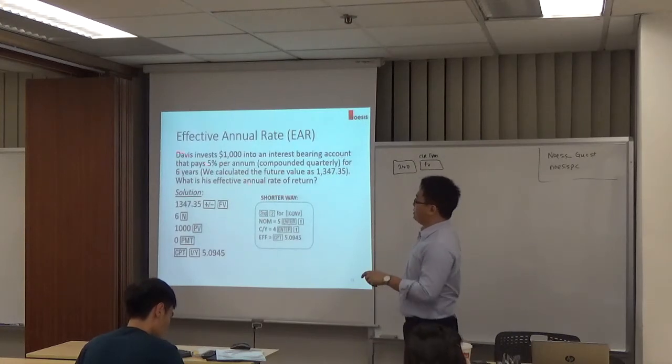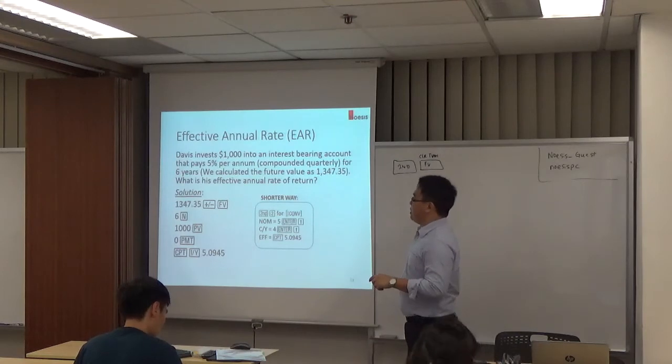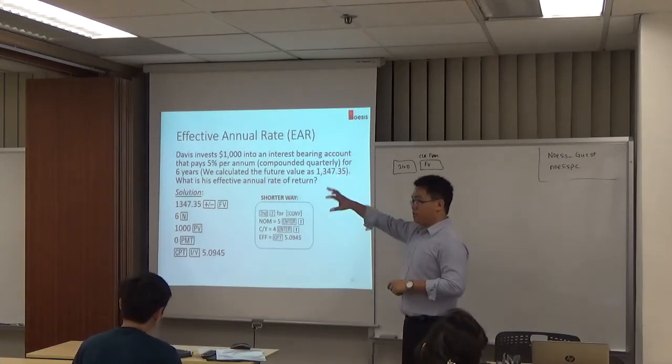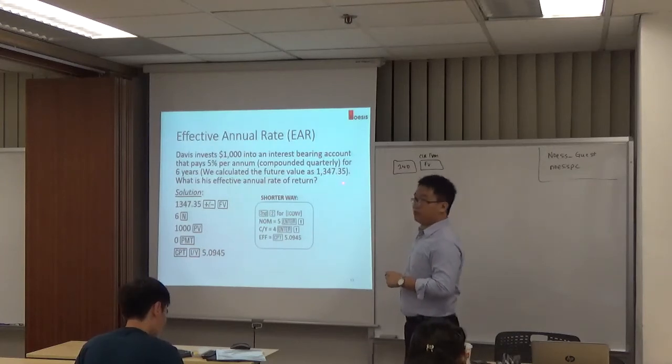Very simple. So again, back to Davis' story. Davis invests $1,000 and the account is paying 5%, but it's compounding quarterly, for 6 years, and then we calculated the future value as 1347.35. I just copy and paste. Now, what is its effective annual rate of return? So I show you guys 2 ways to get it. The long way would be to, of course, set the